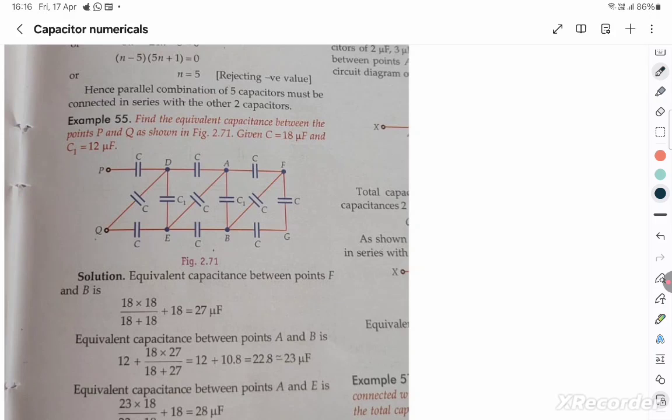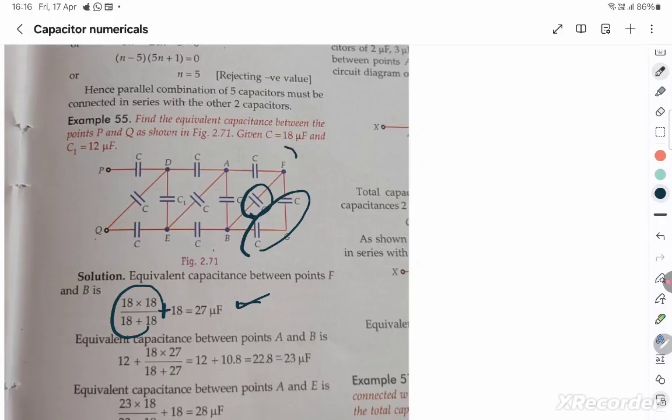You start coming from the right corner. So you see that these two are in series, and C itself is 18, and they are in series, 18 into 18 by 18 plus 18. And that is going to be in parallel with this C, which is again 18. So parallel, so plus 18, so you get this 27 microfarad. That is going to be in series with,